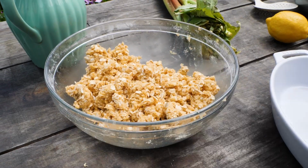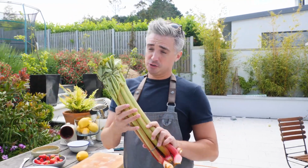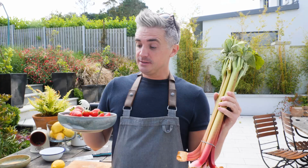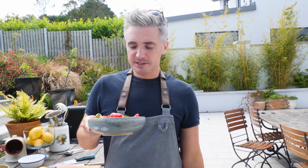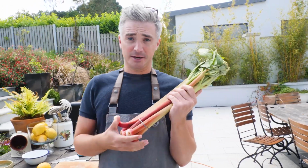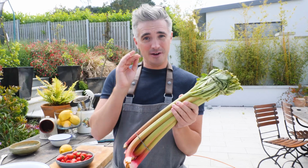So with our crumble in the bag, now it is all about the fruit. So I have a combination of beautiful rhubarb, some nice Irish rhubarb, and some beautiful Irish strawberries. Strawberries and rhubarb are what's in season, so that's what we're cooking with today. Smells beautiful. There's nothing like the first strawberries of the season, and I've been keeping track. There's a fantastic Irish rhubarb supplier who gets us the best pink stuff at the very start of the year,